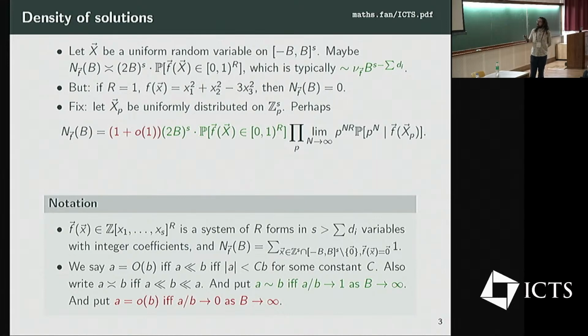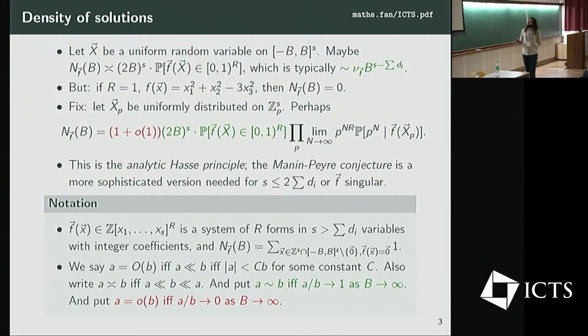Okay, so I've just rearranged what was on the last slide and removed some notation in order to be completely clear about my big O notation here. So less than is bounded by some constant, big O is bounded by some constant. Smiley frowny face, but it's true both ways. Twiddles is the limit tends to 1, and little o is the limit tends to 0. And these last two are always as capital B tends to infinity,